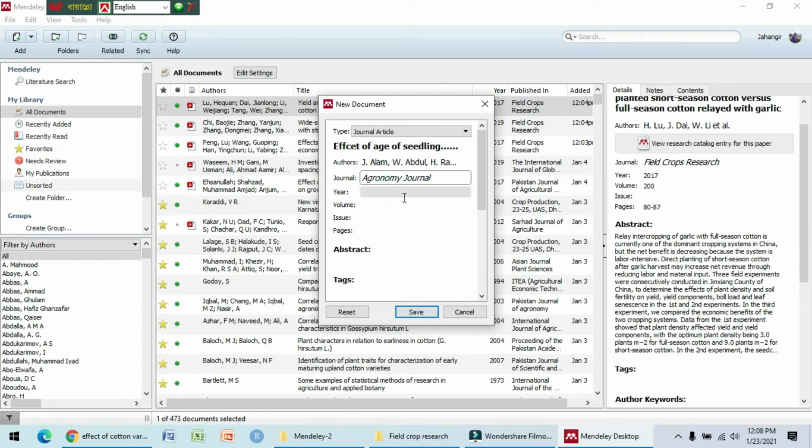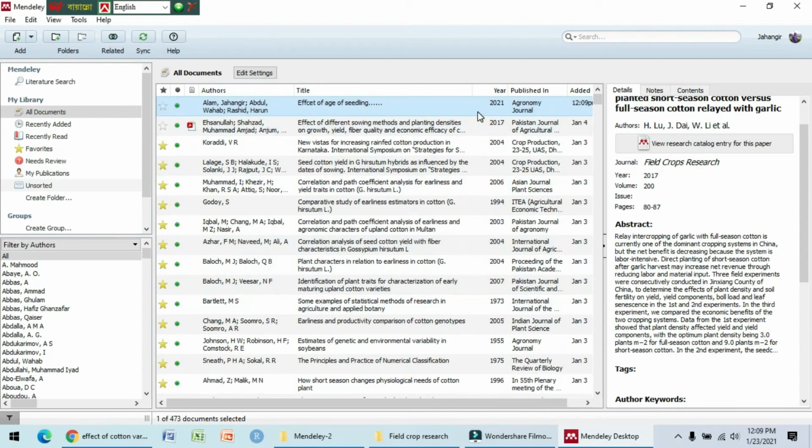Write agronomy journal, year 2021, volume number 5, issue number 2, page number 202 to 209. And we can save this.